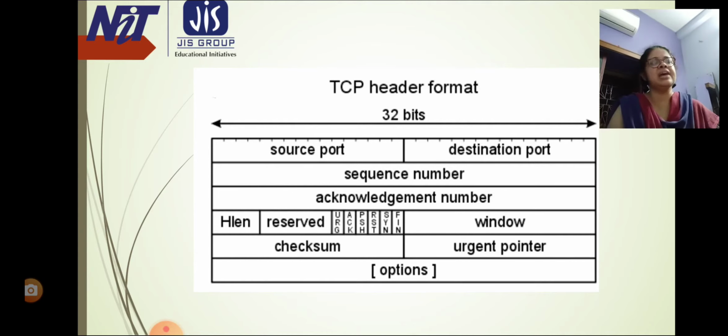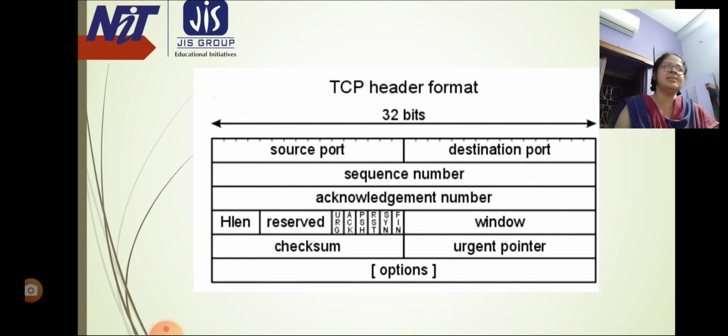The sender keeps a record of each packet it sends and maintains a timer from when the packet was sent. The sender retransmits a packet if the timer expires before receiving the acknowledgement.